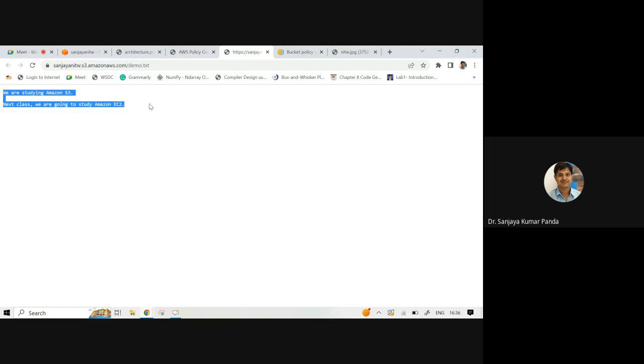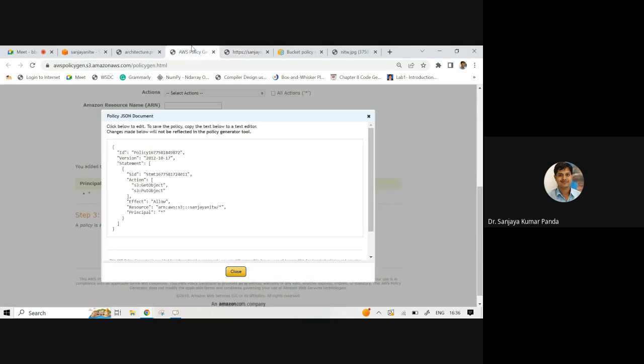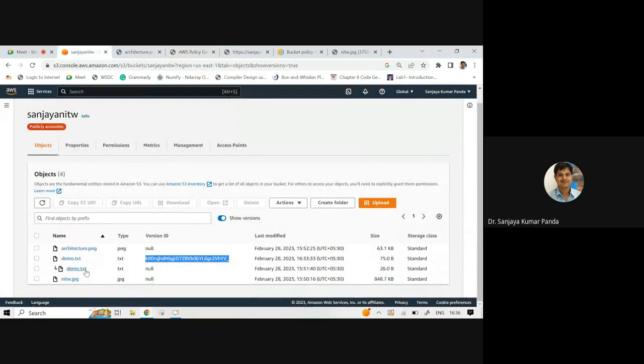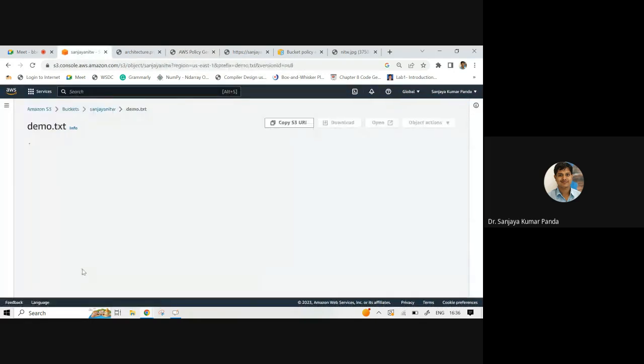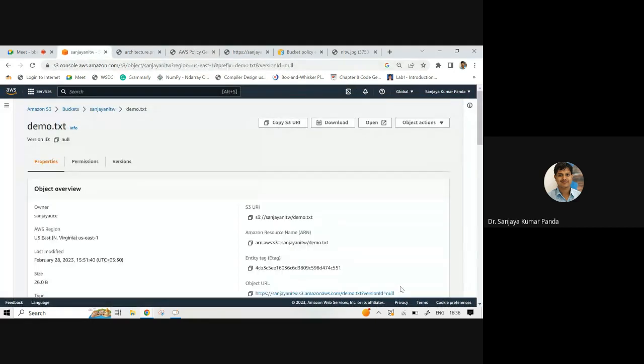We want to install the older version, or you are familiar with the features provided by older versions. So what you can do here, if you go to the demo.txt, you will see a version ID equal to null is added. Or you can copy it, and if I paste it here, then I am getting the old one.